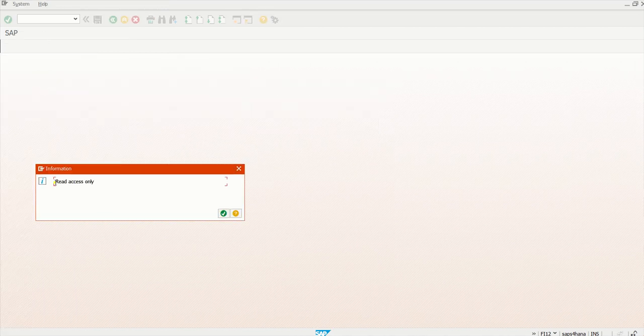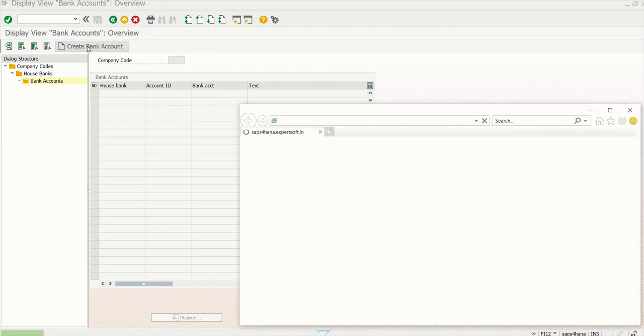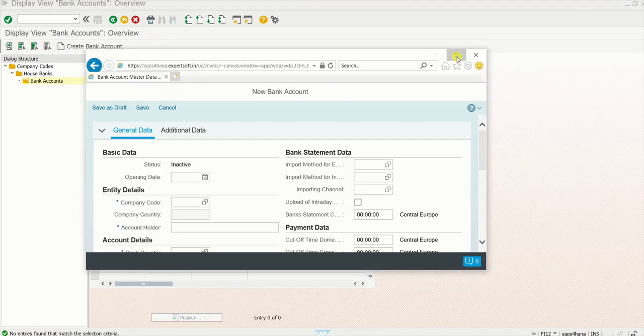After that, click on bank accounts. Here we have read access only. Continue. Now you can see the option create bank account. If you click on that, the system will take you into the NetWeaver Business Client. Click on this. Here we can see another window open, expand.